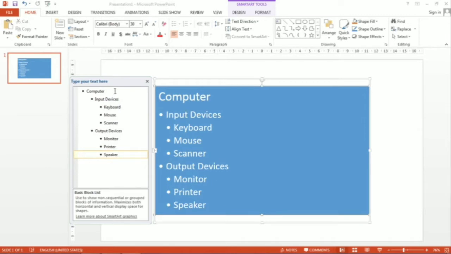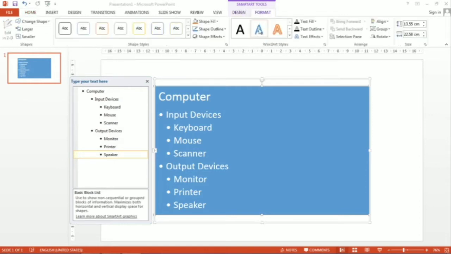Now I want to change the layout. So how can you do that? That is called editing smart art. Go to the design tool. The format tool here is similar to what you did in MS Word with pictures. The same thing is there, you can use that one, but additional is this one, the design tool.